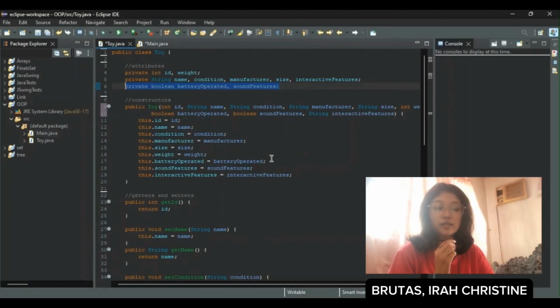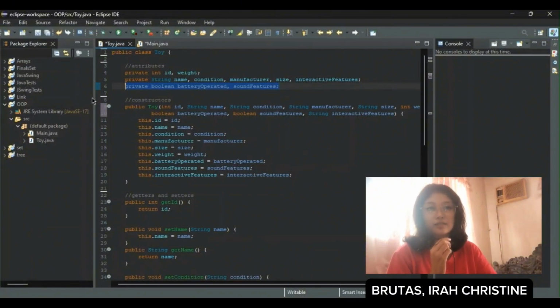These attributes are private, meaning they cannot be accessed directly from outside of the class.